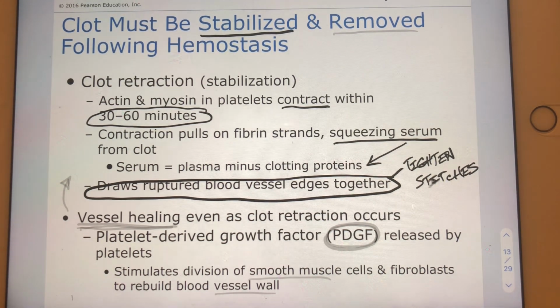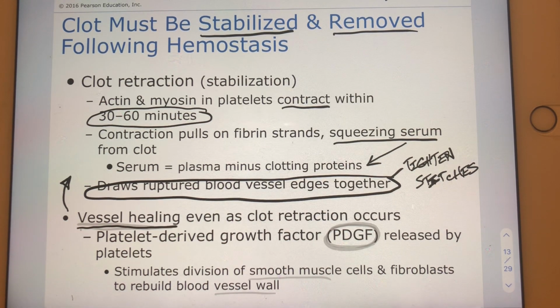And then the other thing that has to happen after we form a clot, we got to get rid of it. Believe it or not, right? We went through all of that effort to make it. Well, ultimately, we want to get rid of it. We don't want obstacles building up inside our vessel walls. That's so not safe. So, even while clot retraction is happening, so simultaneous with clot retraction,